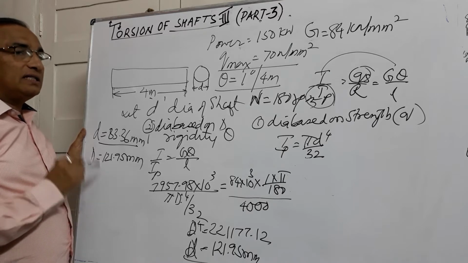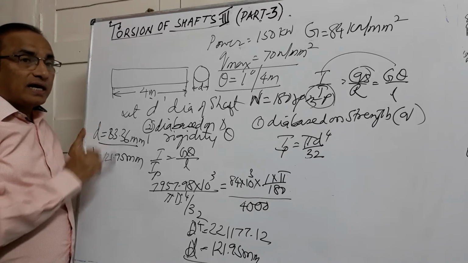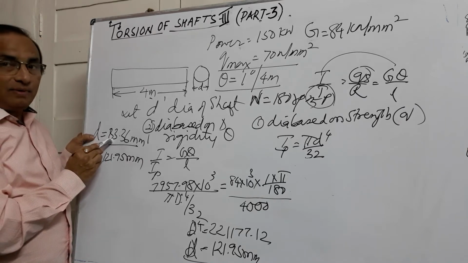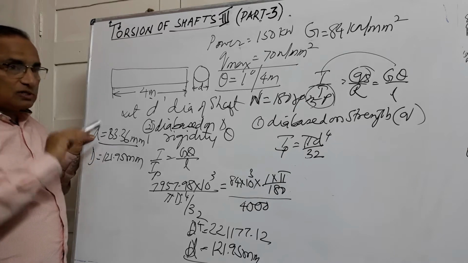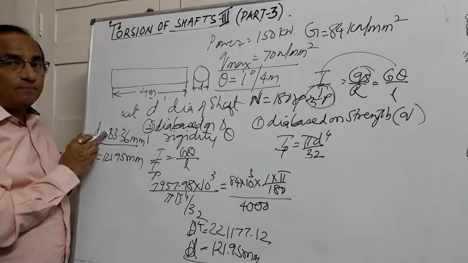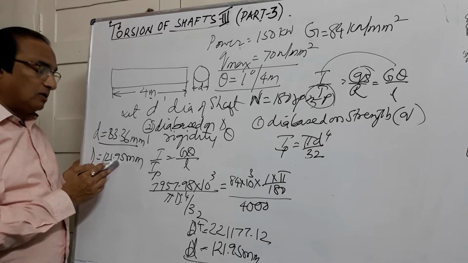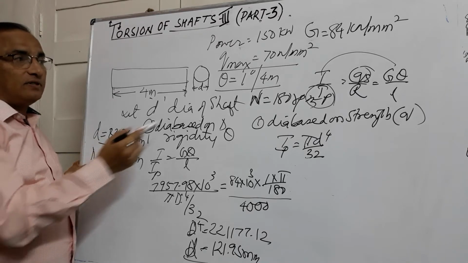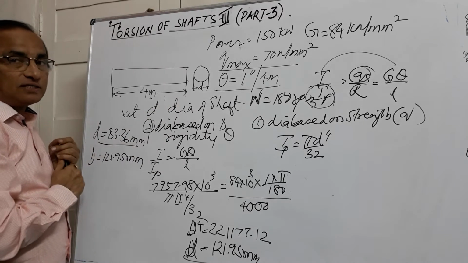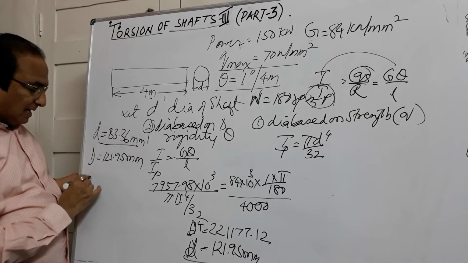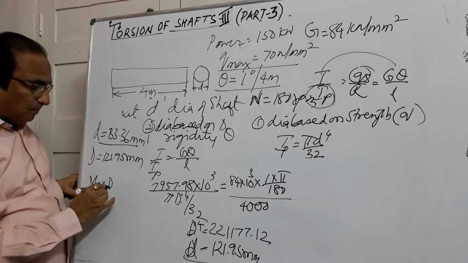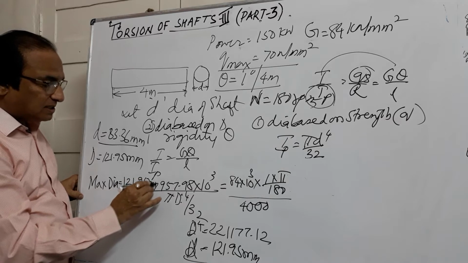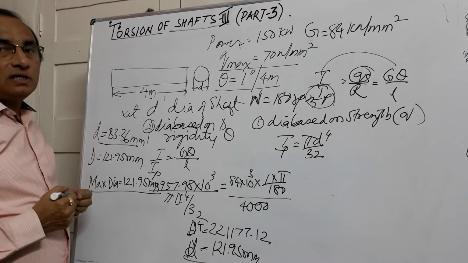consider. So here in this case you will have to consider the greater of the two diameters, because if I take 83 mm as the diameter of the shaft, it cannot twist by an angle of 1 degree, it will be failing. So if I take a diameter of 121.95, definitely shear is safe, as well as it will be safe in the rotation. Both the conditions will be satisfied. So we consider the diameter here as the maximum diameter of the two. So the maximum diameter of the two is 121.95 mm. So this is the diameter we will be choosing for this solid shaft.